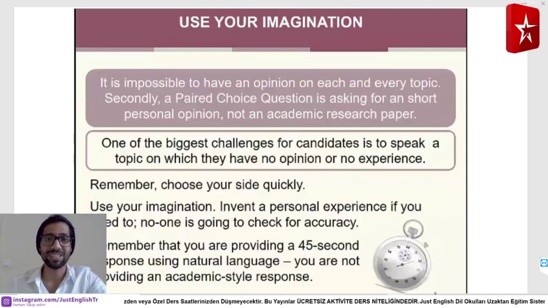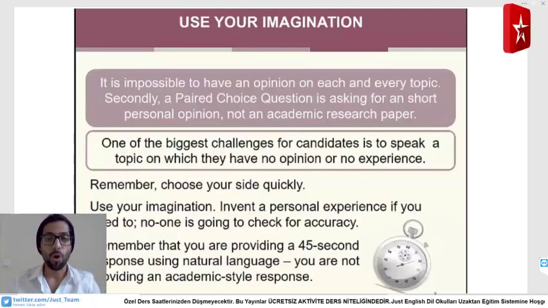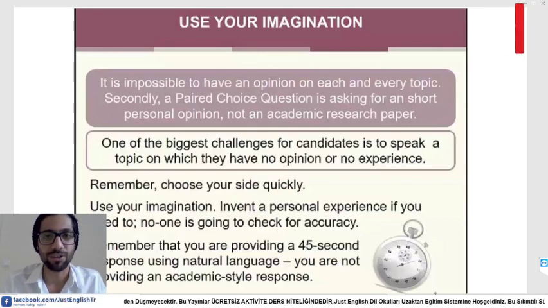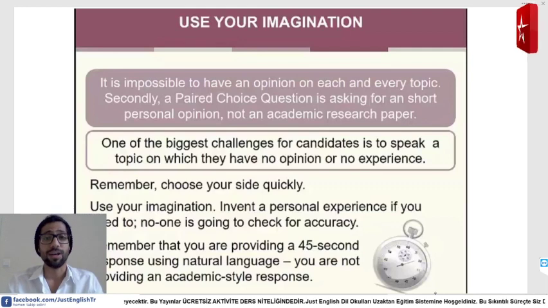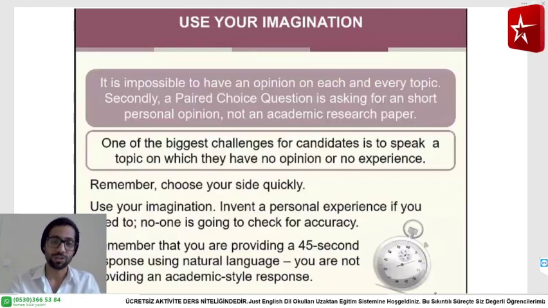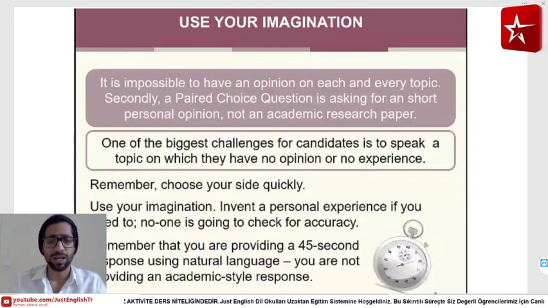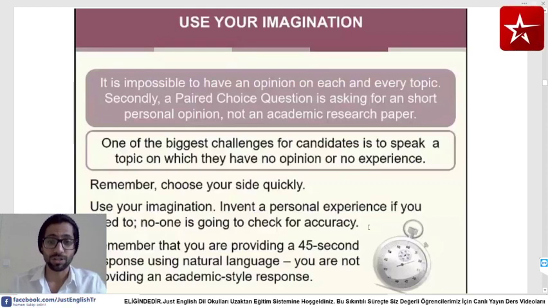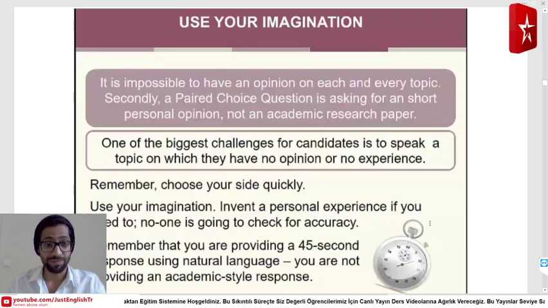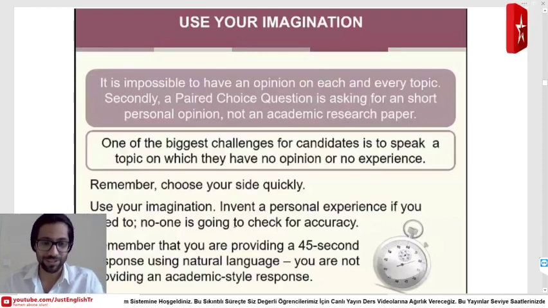Okay, don't go into details. Don't corner yourself where you need to use very high vocabulary which you are not handling very well. Be sure to prepare something that you can communicate, and also general. They will not focus on your academic education as much as they will focus on your English capability. Yes, here he says, invent, no one is going to check for accuracy, you know?